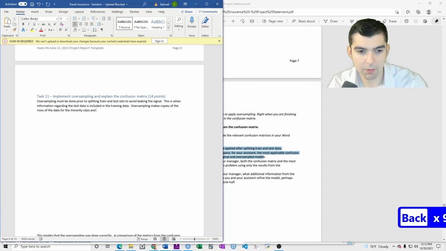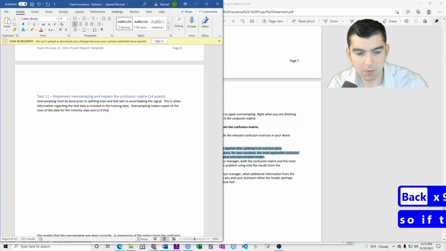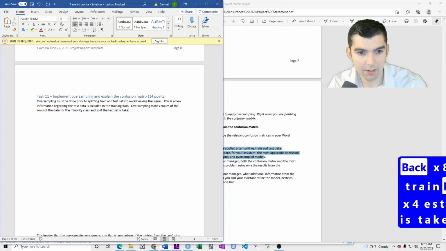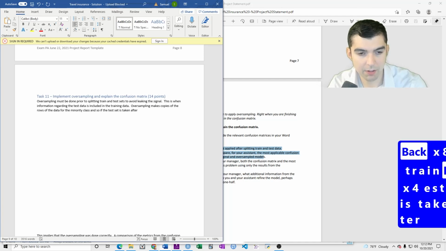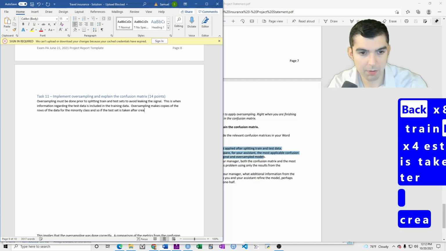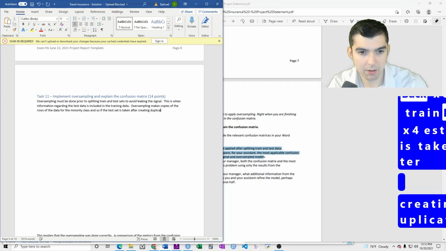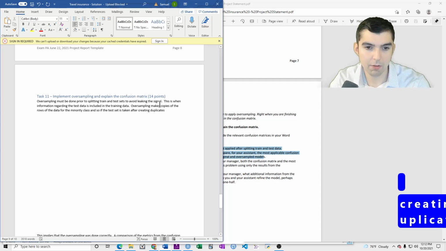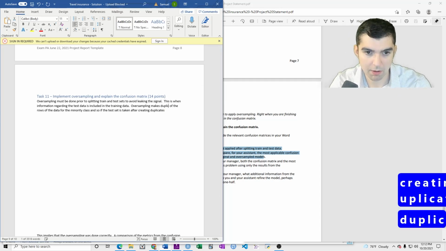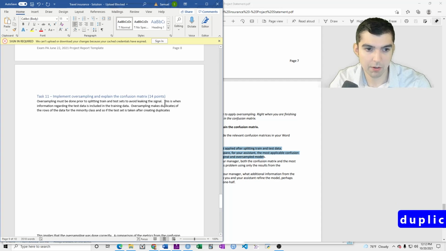Let's just say oversampling makes duplicates of the rows of the minority class.